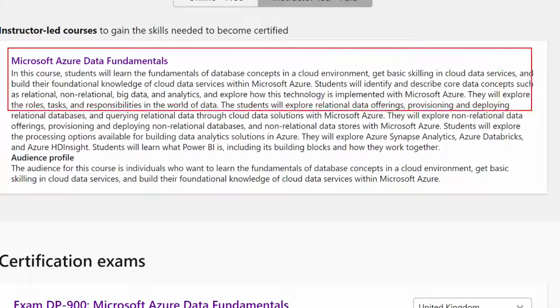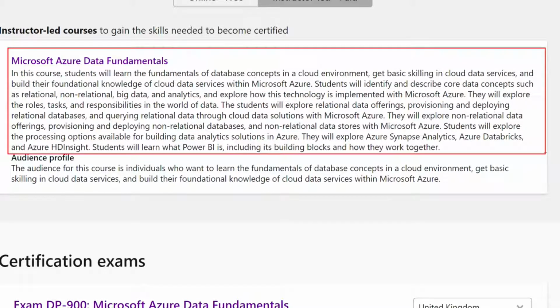So we're going to learn all about the data fundamentals in Azure. What services they have to store the data, what systems we can have to process that data and host it. So things like Synapse Analytics or the Azure Data Warehouses as it used to be known. We've got databases, we've got Azure Databricks. But you notice also right at the bottom,